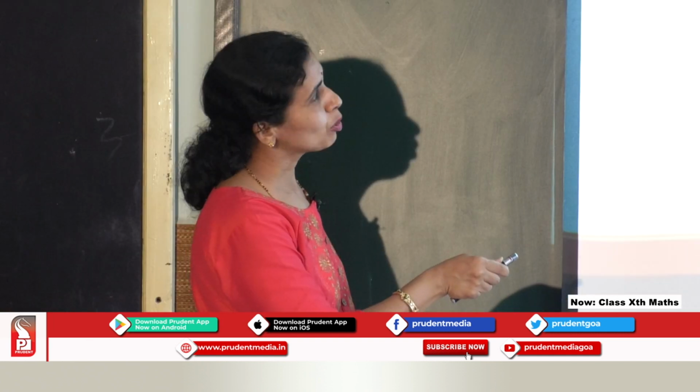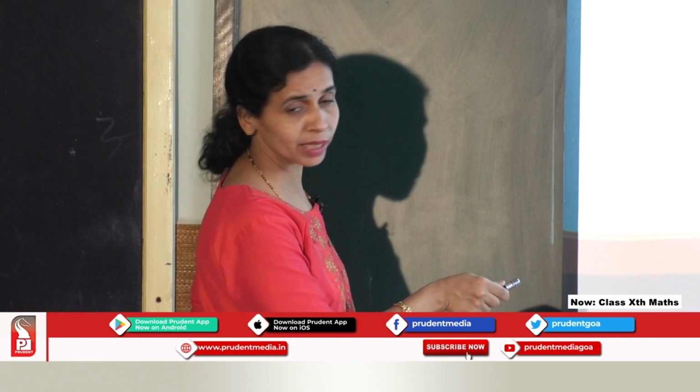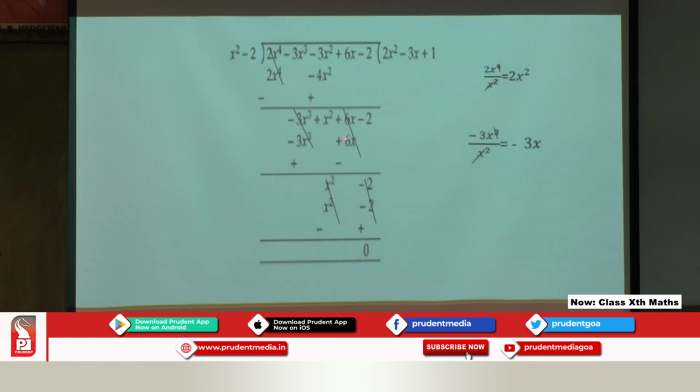Again this second term of the quotient we should multiply by the divisor. So minus into plus is minus 3x into x square, that is 3x cube, minus into minus is plus, 3x into 2, 3 2s are 6x. Now again we should subtract this, so the negative is changed to positive and the positive sign is changed to negative. Cancelling, we got 0. Now the next term I brought down, that is x square, plus 6x and minus 6x again cancelled, we got 0, and next the minus 2 I brought down.